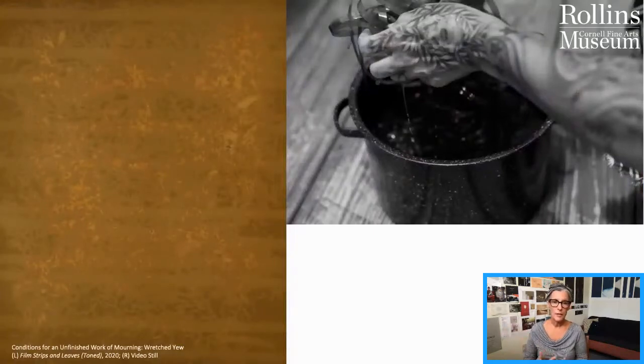So with an image like this on the left, it's really only with slow and careful observation that you can make note of the strips of film that are emerging from underneath this murky veil of dried yew leaves. And so with a work like this, time is really leaving its trace on two materials at once. So it's the film stock that's running across the paper and that you can see being treated with a toning solution in the video still on the right. And then of course the paper itself, which acts as this substrate and container.